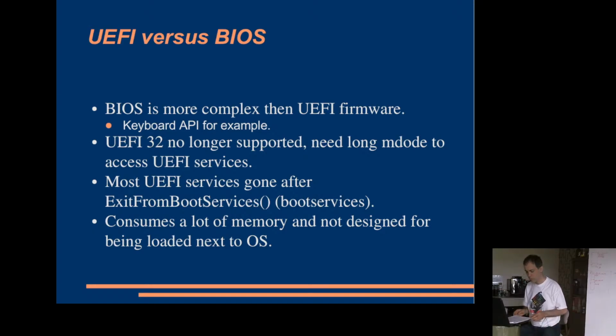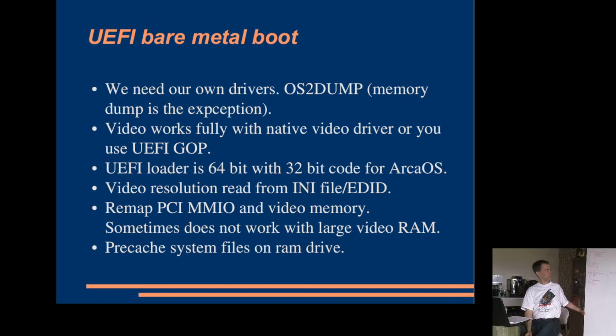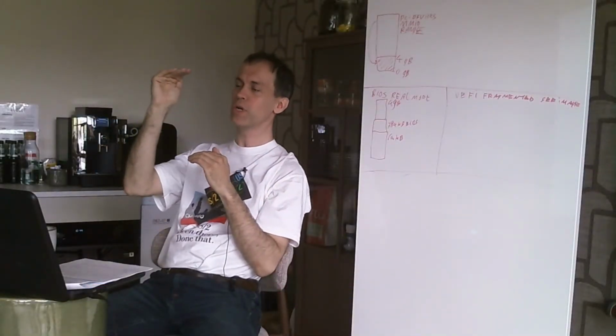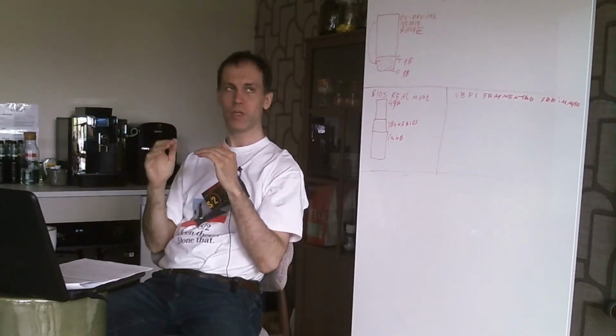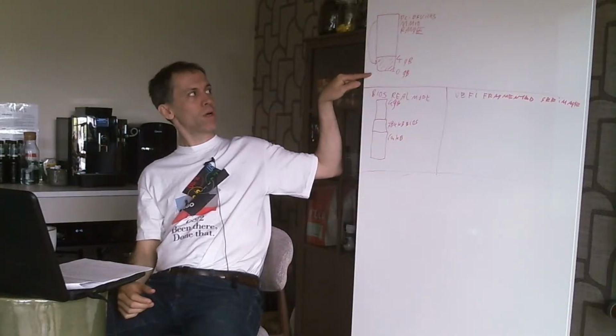Sooner or later, we will definitively want to boot OS/2 from it. What difficulties await us? First of all, we need to know, I said that already, the video. The other problem, and I'm sorry for the flimsy drawing here that I made, is that as the new PCs have been flooding the market, the CPU runs in so-called long mode, which means that it basically can have a memory address above the 4 gigabytes. The big problem is that the OS/2 kernel is 32-bit.